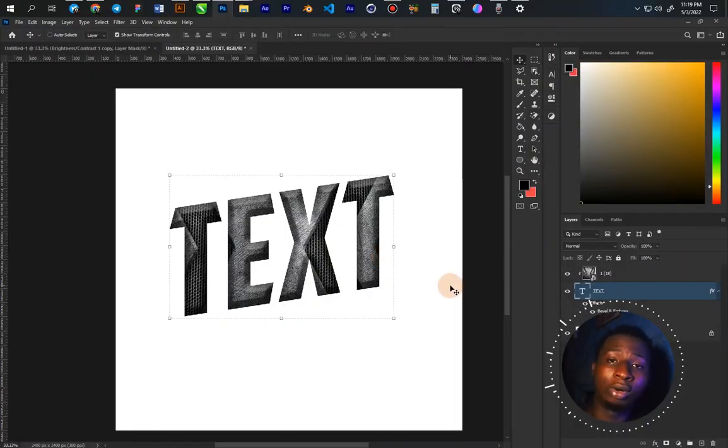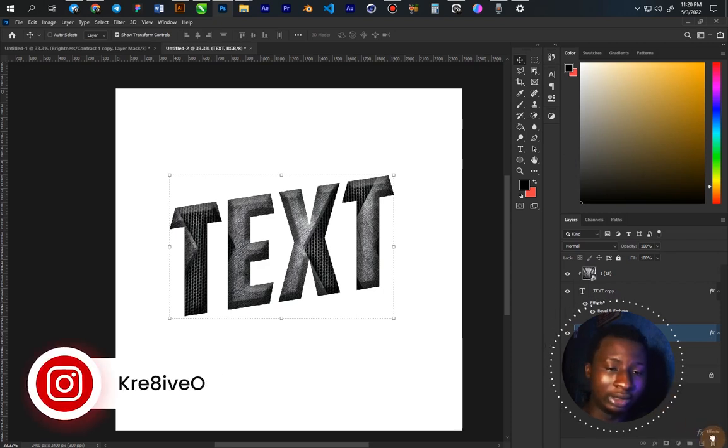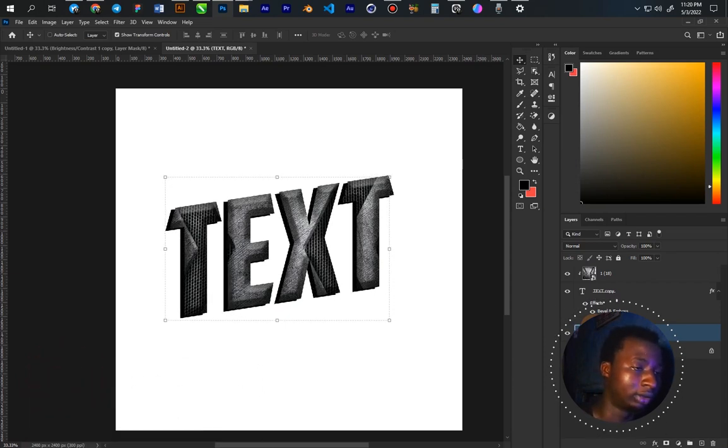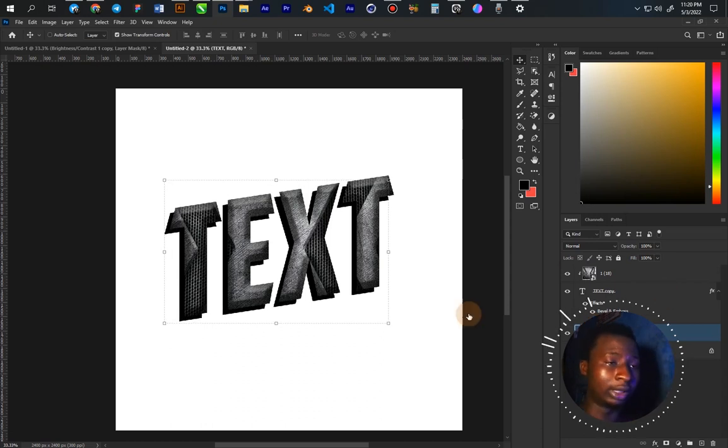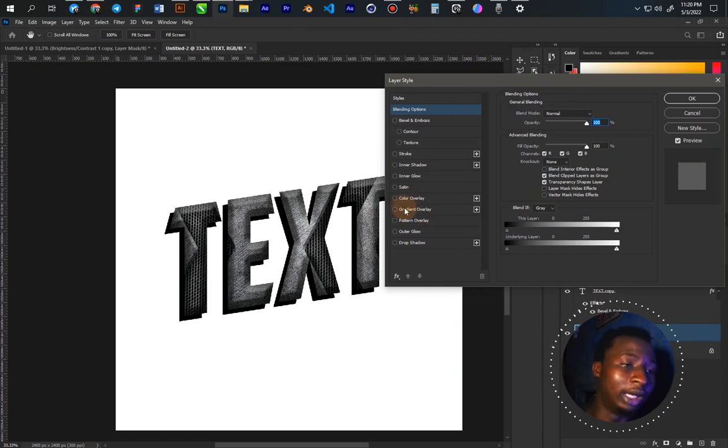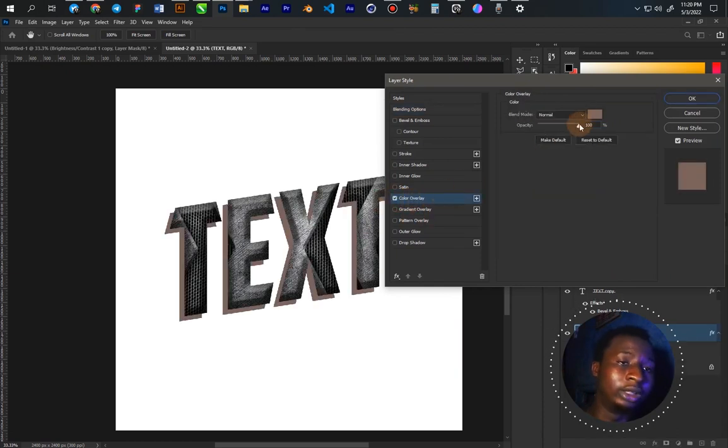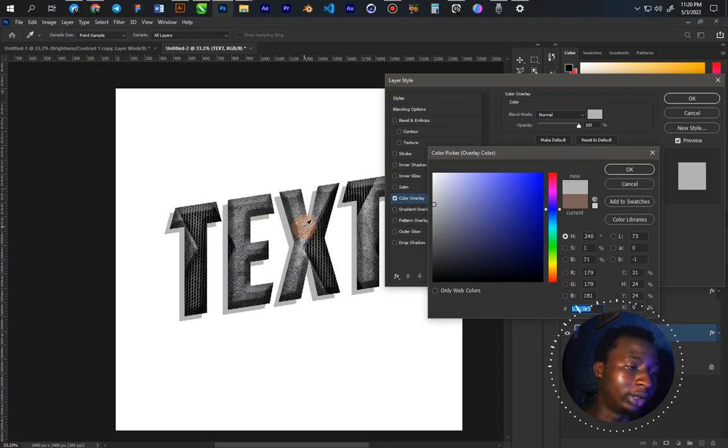To make it more like a 3D text, click on your text, press Ctrl J to duplicate it to give you a duplicated version. Drag all the effects and delete them. Then use your arrow key and drop it down like this. Now double click on the duplicated version, and then go to your color overlay. Change the color to this ash that you are seeing here, so like a slightly darker version of the ash,